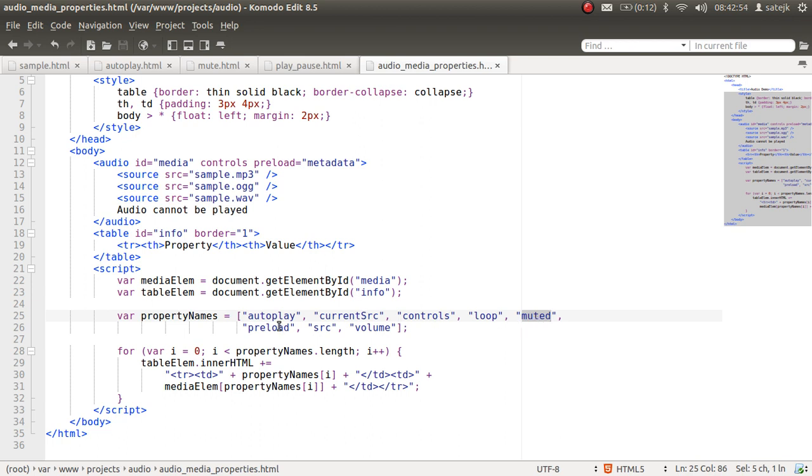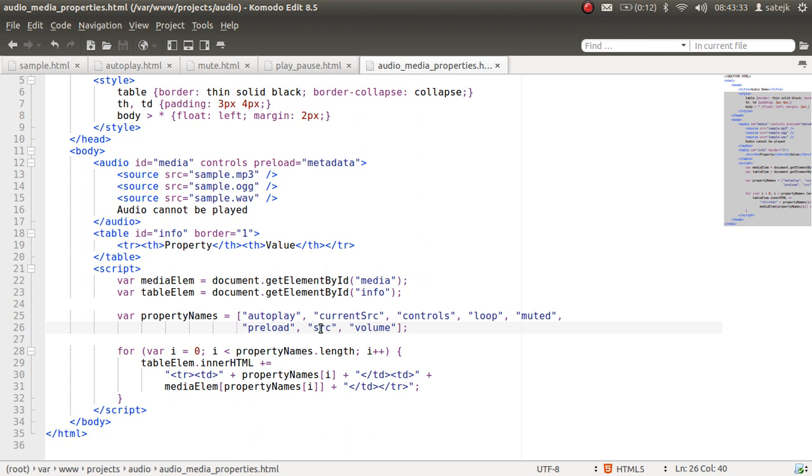Similarly, there is the preload attribute, which says how much information you want the browser to load when the page loads the first time. It has three values: none, where you do not want the browser to get any audio metadata, metadata, where you want only some basic data to go on with, or auto, where you want to download all data. We'll be covering this in the next section, but for now that should be enough.